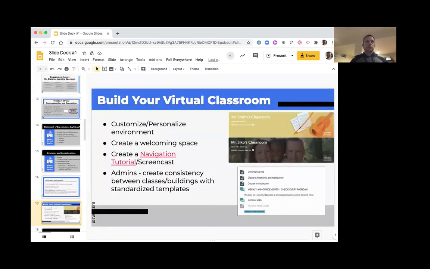The next piece here is related to building your virtual classroom. Now, again, we don't have the time to talk about every single platform or learning management system, but what we can talk about is creating a customized or personalized environment that's inviting. Again, I was a teacher who was not necessarily the most creative when it came to decorating my walls or putting up posters or anything like that. What I did do